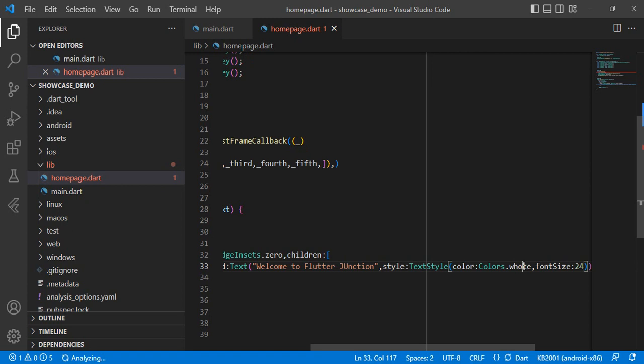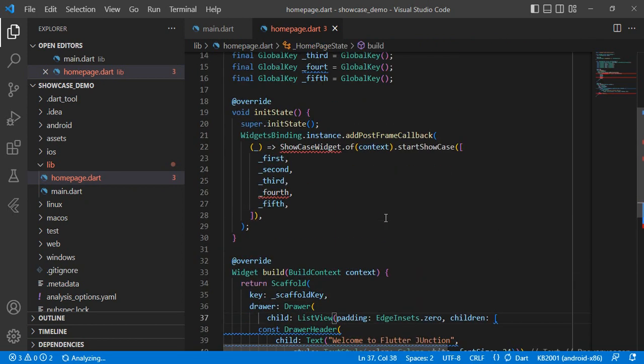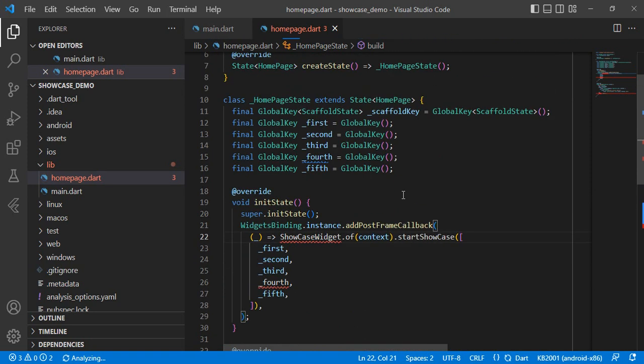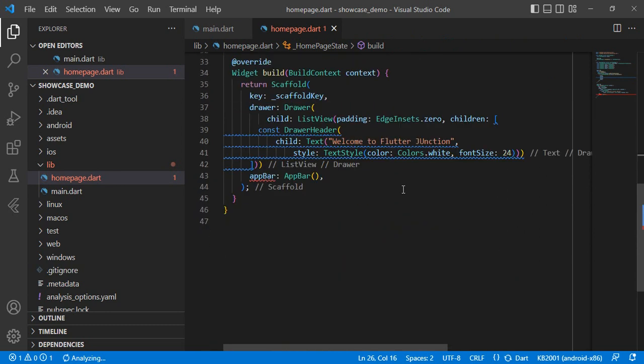This should be white, and then our header body, and our code is showing an error. You can see here. Okay, this should be fourth, and we need to import our showcase widget. I haven't imported our showcase widget, so it is showing the error. Alright, we have imported it, and now let's get back to our code, and it is showing an error here. Okay, we need to have a comma here,